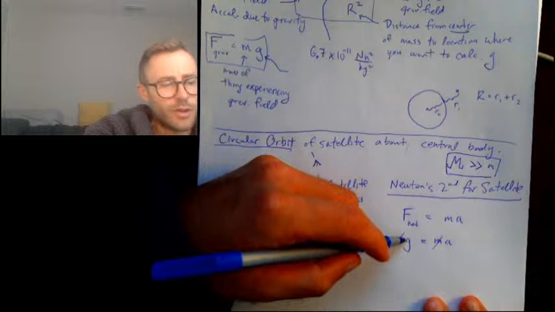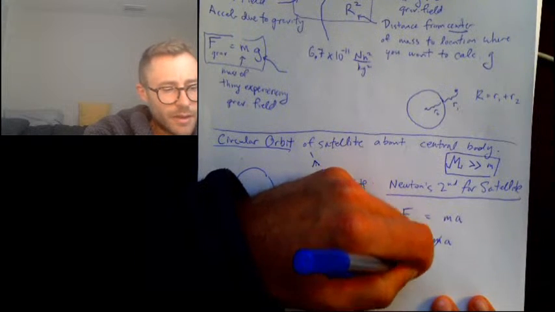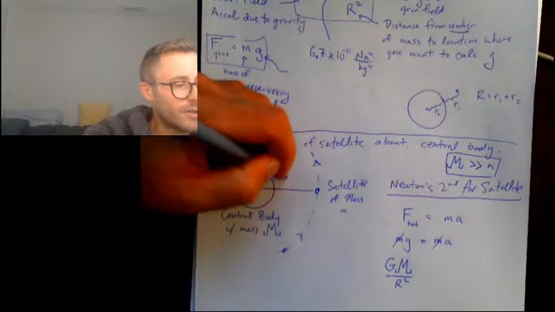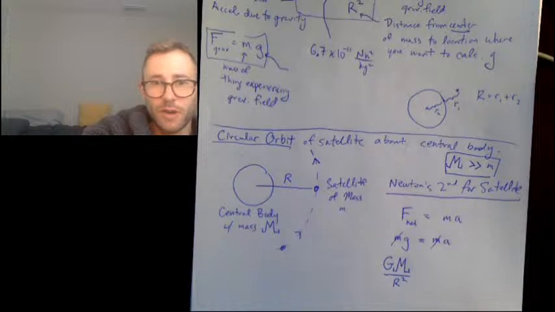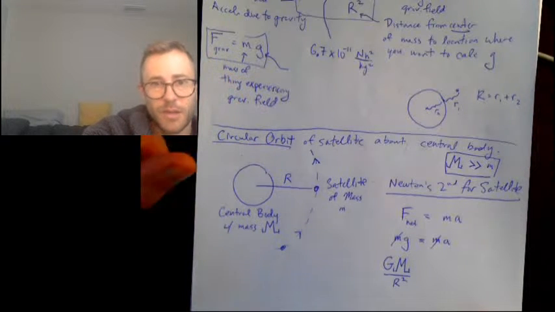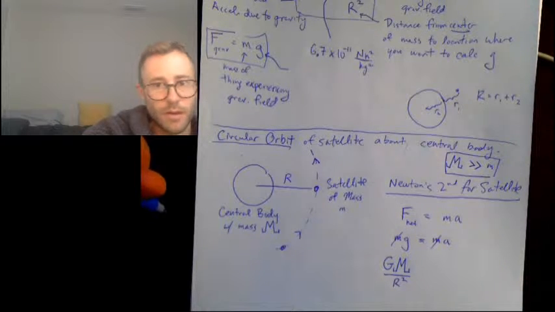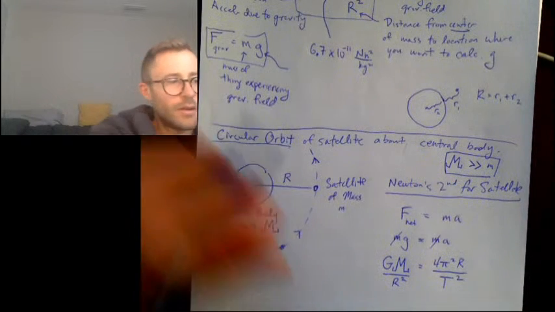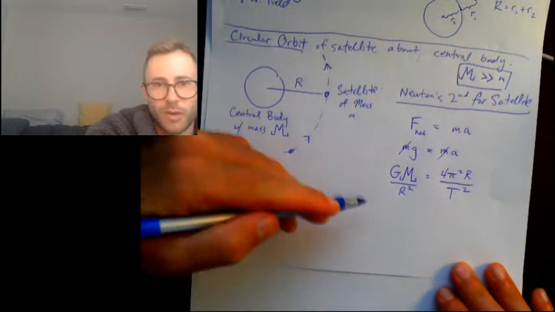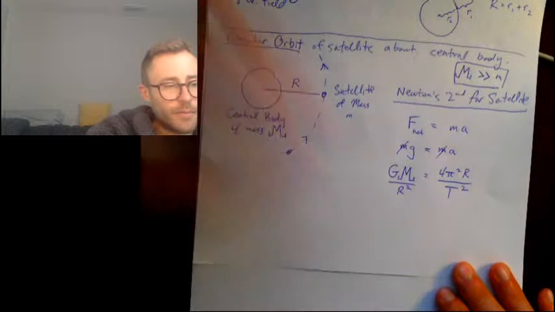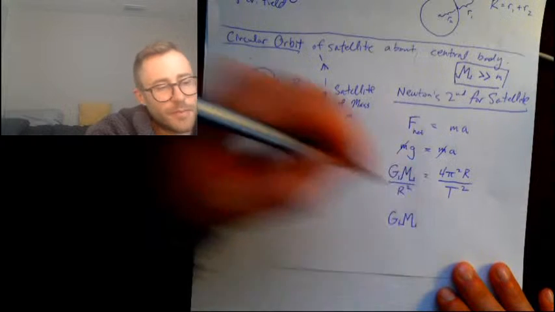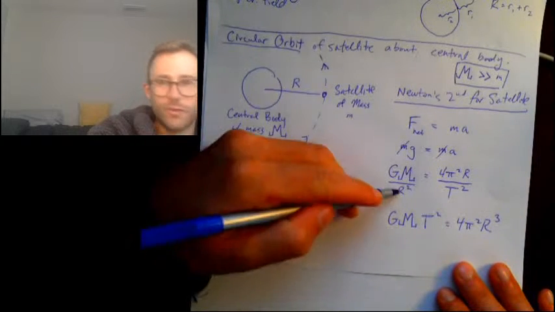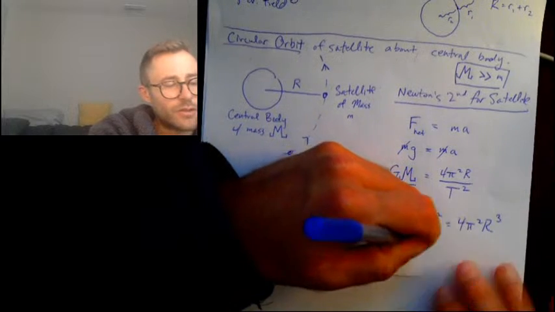All right. So the gravitational field is big G, big M over R squared, where R is the distance from the center of the central body to the satellite. Okay. And for the acceleration, because the satellite is moving in a circle, I'm going to use the centripetal acceleration, which is 4 pi squared r over period squared. All right. So now what I do is I cross multiply. So you have G M T squared equals 4 pi squared r cubed, because you get r squared times r. So this is called Kepler's Law,